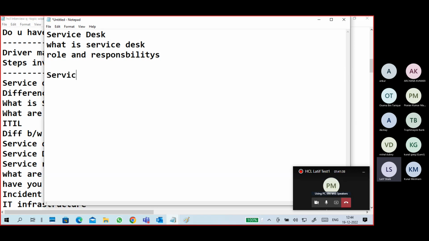And who is a service desk analyst? A service desk is just a team, but a service desk analyst is a person. What does he do?